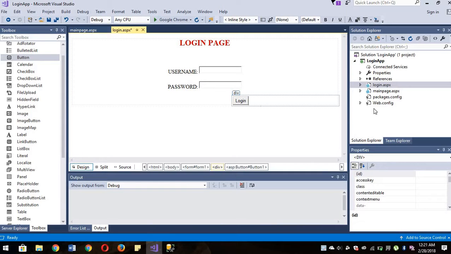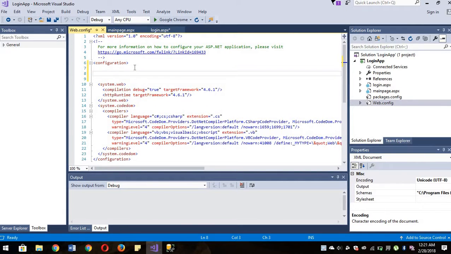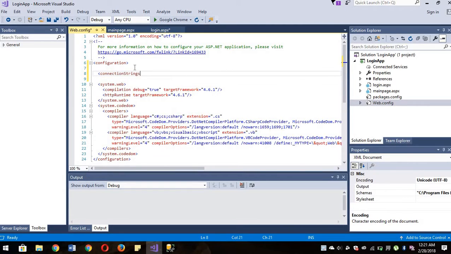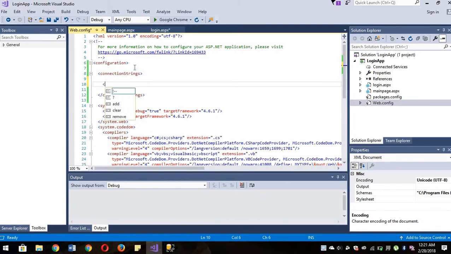Now the next thing we have to do is to make the connection string in our web config page. We always have to have a connection string before we are going to have a connection with our database. So in connection strings, we are going to add a name. We'll name it db string, and